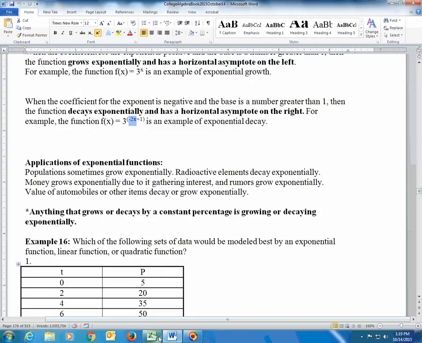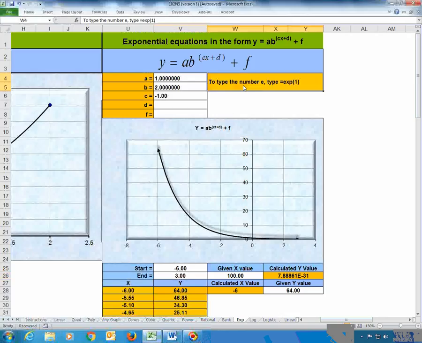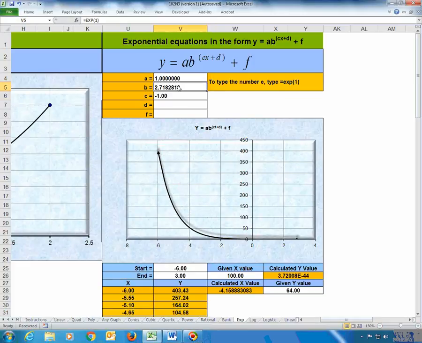And again, if you have to graph anything with an e in it, and we'll see this in later videos, this tells you right here how you type the base of e in there. You type in equals exp of 1. I'll do that here. Equals exp parentheses 1 close parentheses. And there's your number e for if you ever need it. So I'll stop right